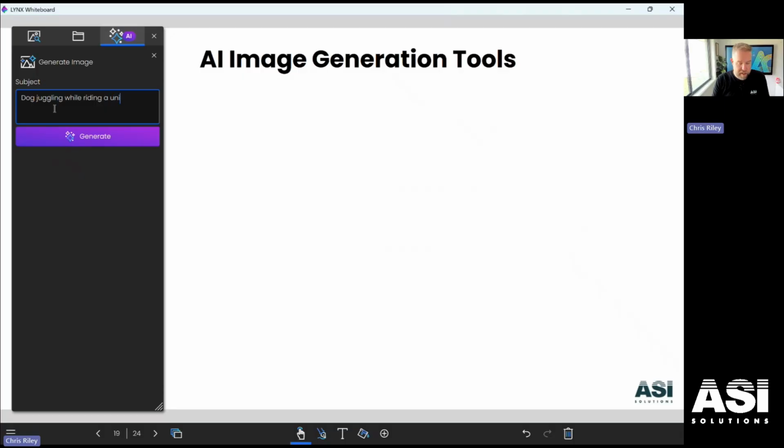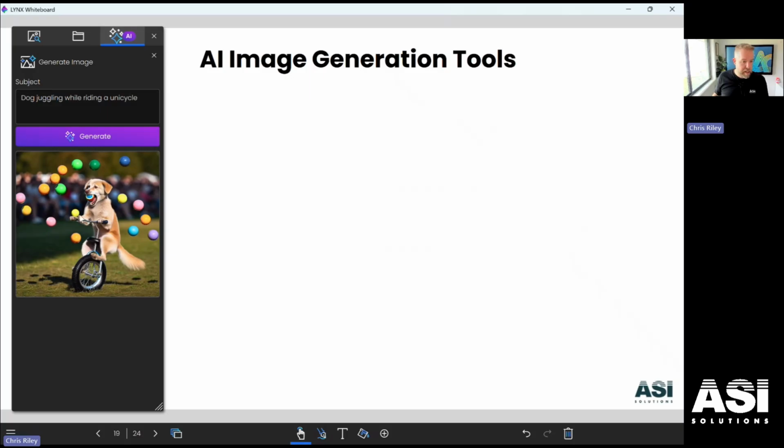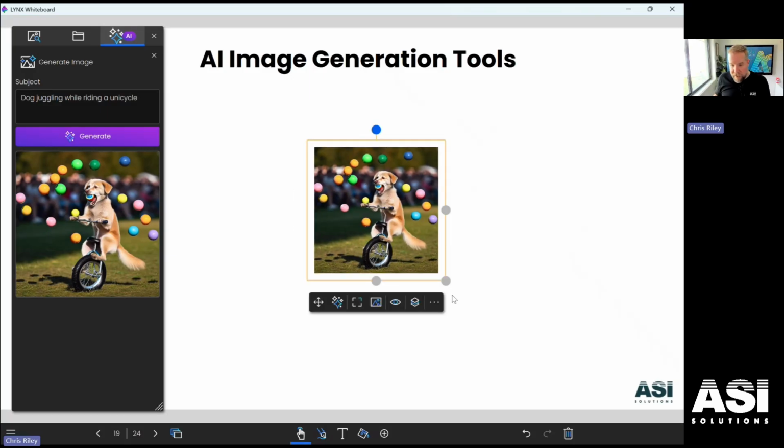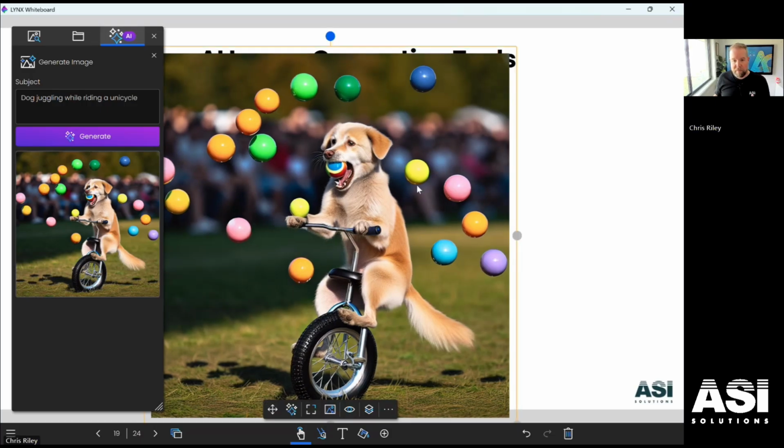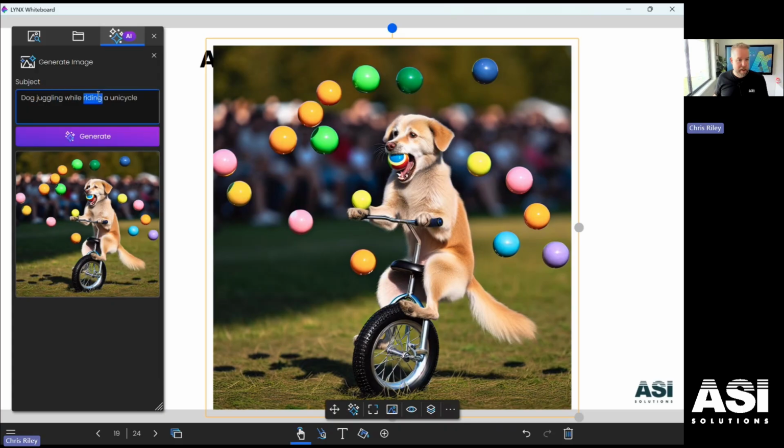riding a unicycle. Now this has been specifically done to be school friendly. It will only give you one image, and it won't generate ultra realistic images. It has really good guardrails built onto that, which means it won't go outside and there are very clear limitations of what you can do. This has done a fairly good job, but when I drag it in, we can still see that it doesn't look super realistic. I can do another one, let's have a look at a duck swimming in